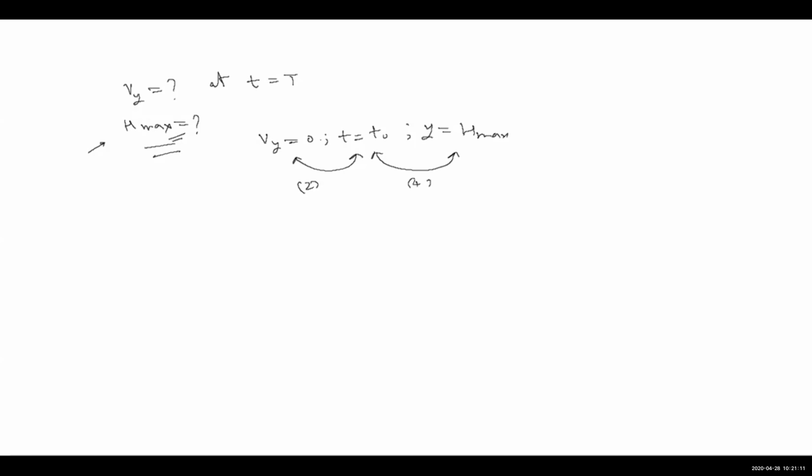So first we will calculate the time from equation 2 when Vy becomes 0. And then using that time in equation 4, we will get the displacement along the y-axis, and that displacement is going to be the maximum displacement. Anybody, any doubt? Ask. If you're not asking the doubt, it will become big at a later stage. It can be any doubt.